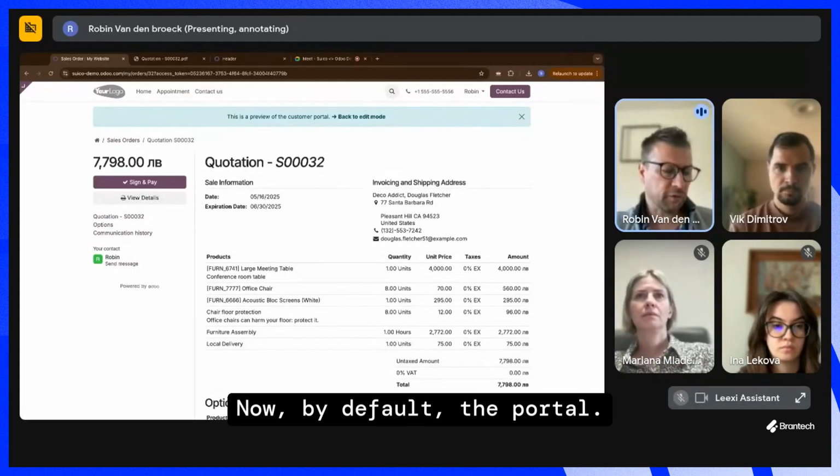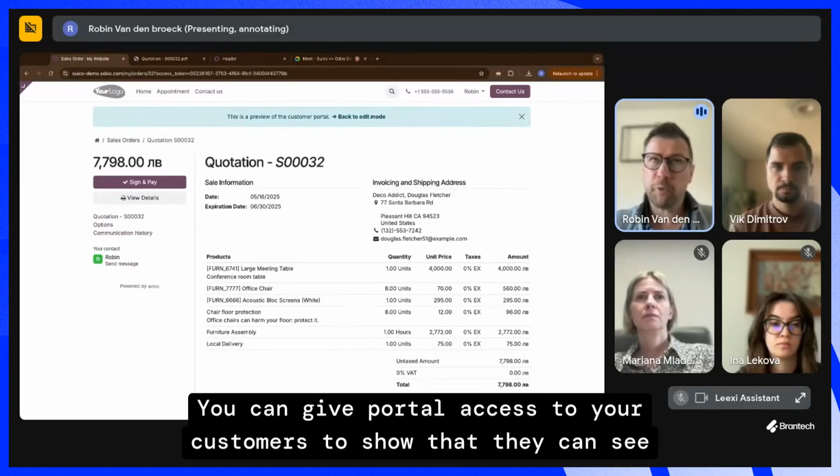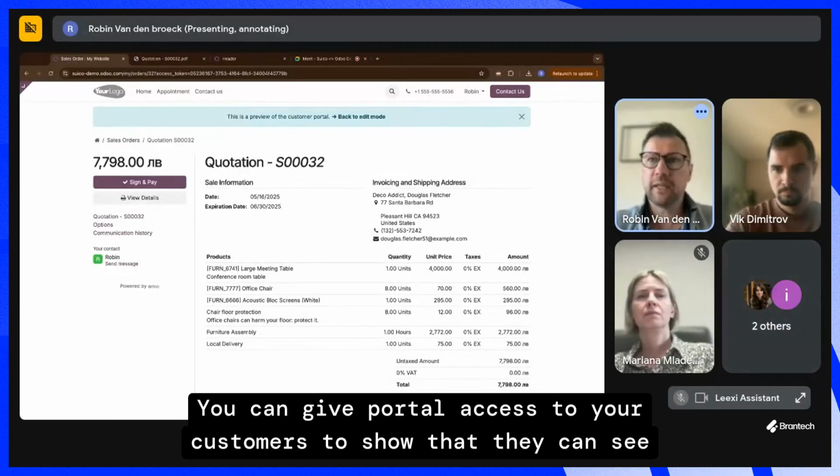Now, by default, you can give portal access to your customers to show that they can see